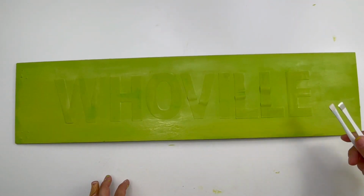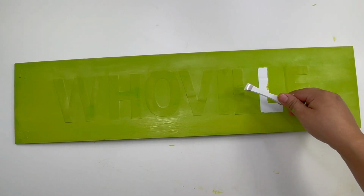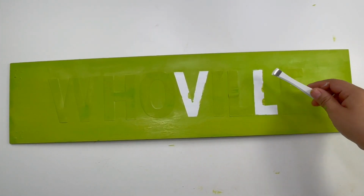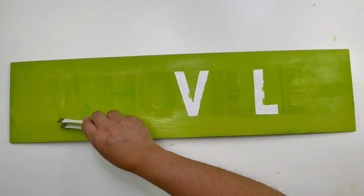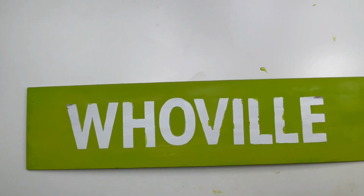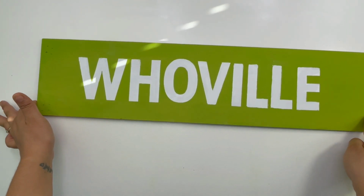Once this is dry, I'm going to carefully remove the letters. As you can see, it did bleed through, but that is okay. I'm going to go back and fix it with a small paintbrush and some white paint. And this is how it looks. Now honestly, you can leave it like this and just add some snowflakes on this side,